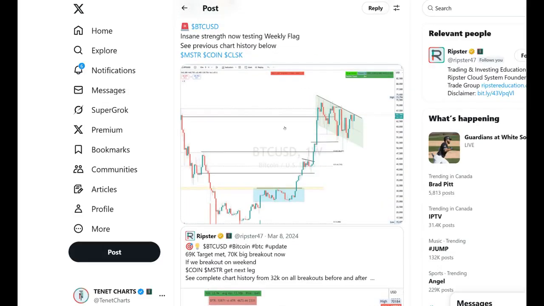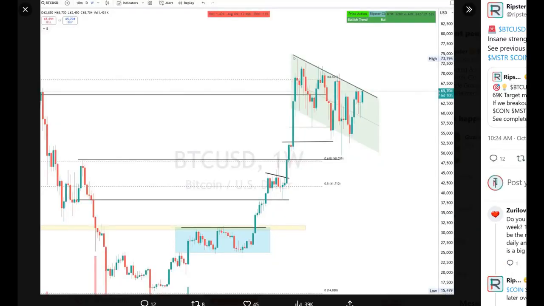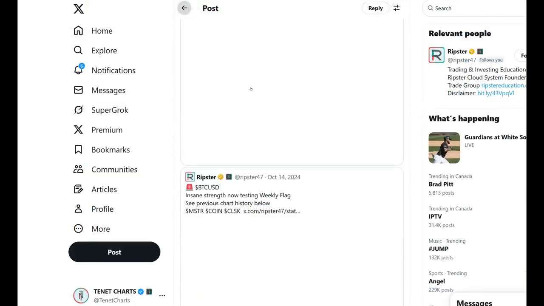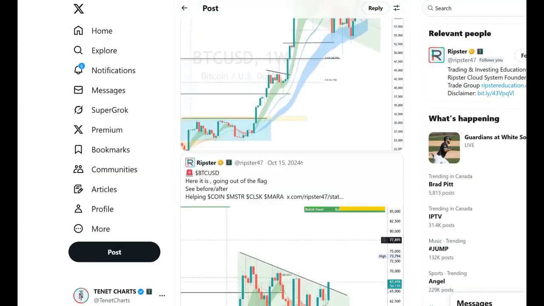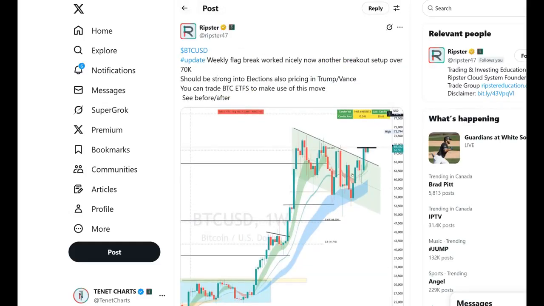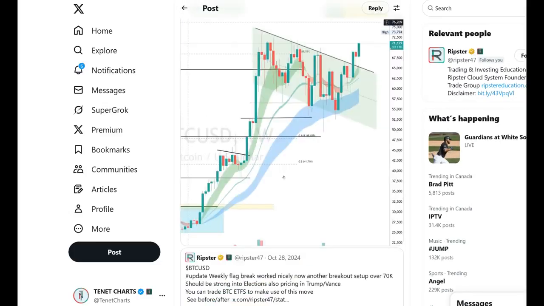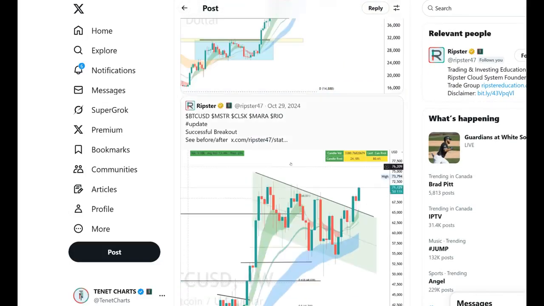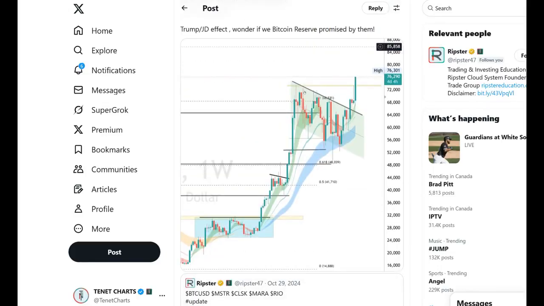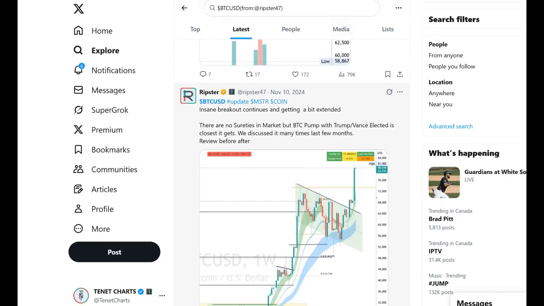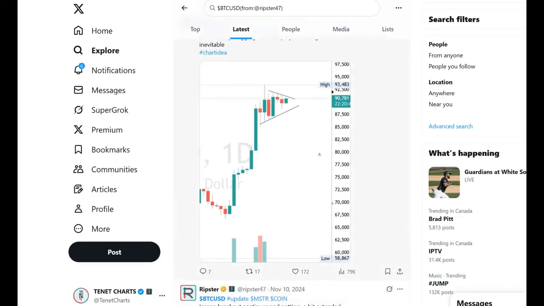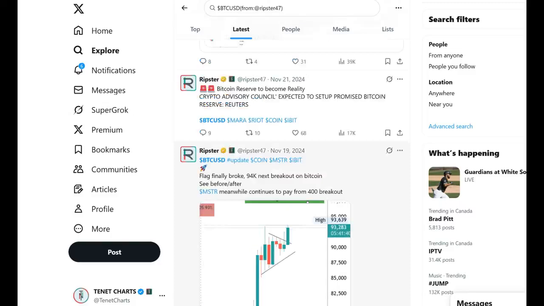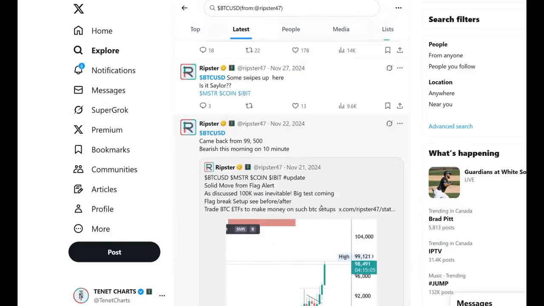Then came another flag. It went sideways after hitting 70,000, and then came another flag. Now here is that flag breaking out. Remember, go up, go sideways, create a flag, and then you see a flag and another smaller flag on top of it, and then that flag breaks out, right? So the journey continues, and then we see how the breakout happens, and when we hit 80,000, see carefully, step by step, and then I talk about this 90,000 flag, and then we see we break out from that 90,000 flag. So that was history, right?